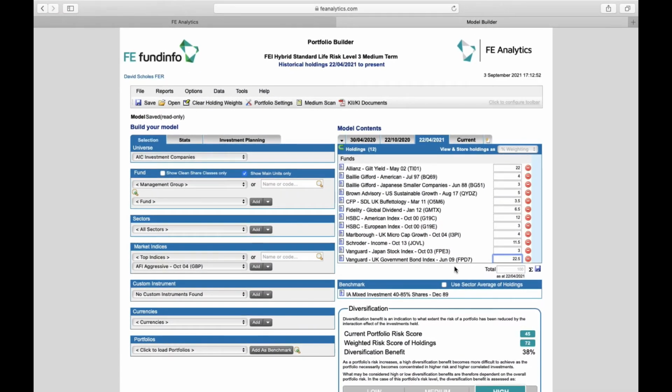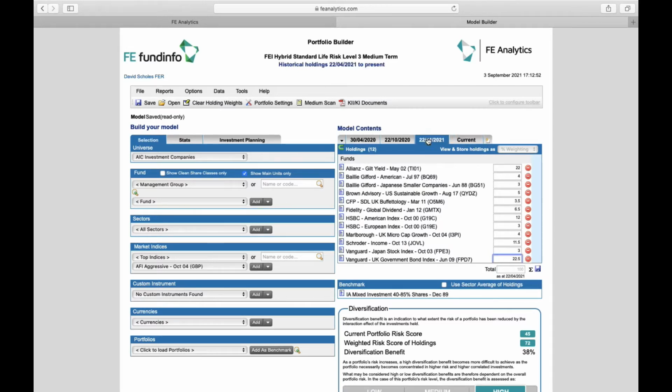Now, if we take a look inside the other portfolio, you can see the right-hand side of the screen changes a bit. Every single time I've made a historic change to this portfolio, it could just be a simple rebalance, it could be a fund swap, it could be a complete overhaul. Every single change that has occurred historically from today right the way back to the launch date of the portfolio has been recorded. So I'll always have a current tab that's automatically updating each day,